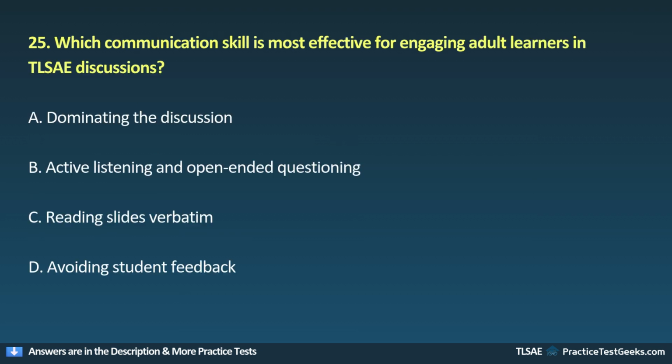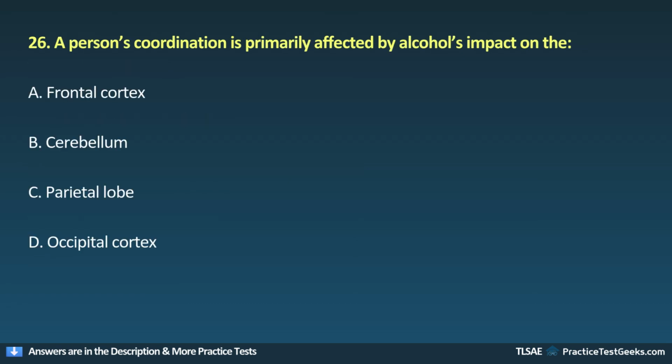25. Which communication skill is most effective for engaging adult learners in TLSAE discussions? A. Dominating the discussion. B. Active listening and open-ended questioning. C. Reading slides verbatim. D. Avoiding student feedback. 26. A person's coordination is primarily affected by alcohol's impact on the cortex, cerebellum, parietal lobe, occipital